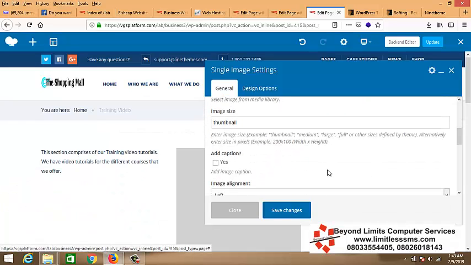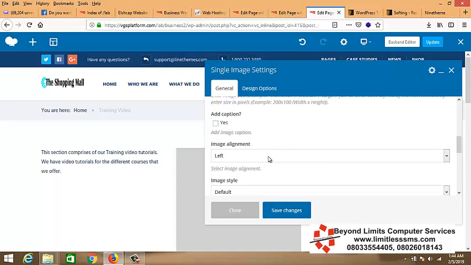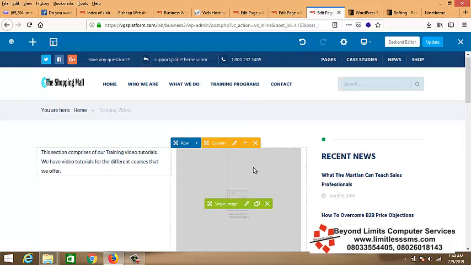Okay, then image size, you can determine how you want your image to show here. You have thumbnail, medium, large, and then you can also just enter the dimension for your image. So depending on what you want to achieve with your image, you just enter your dimension following the example they have written here. If it's 200 by 100, you just do 200 by 100, 300 by 200, you just write it there, and then set an alignment for your image. The moment you do save changes and you close,